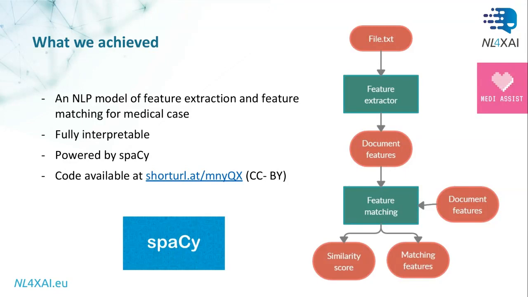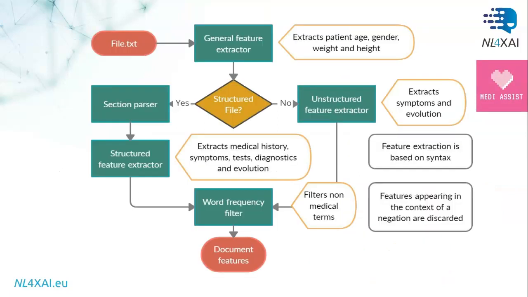One strong point of the system is that it is fully interpretable, because we know that practitioners are often wary of using artificial intelligence and data science models due to lack of transparency and explainability. The pipeline is as follows. Given a textual document containing medical records for a patient, the feature extractor takes care of identifying relevant keywords, which are then passed on to the feature matcher, which determines for a pair of documents a similarity score based on both semantic and lexical similarity. And now in more detail,